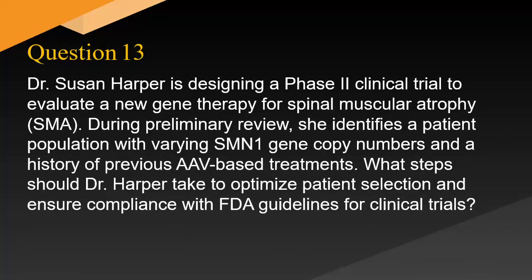Dr. Susan Harper is designing a phase II clinical trial to evaluate a new gene therapy for spinal muscular atrophy, SMA. During preliminary review, she identifies a patient population with varying SMN2 gene copy numbers and a history of previous AAV-based treatments. What steps should Dr. Harper take to optimize patient selection and ensure compliance with FDA guidelines for clinical trials? Answer: